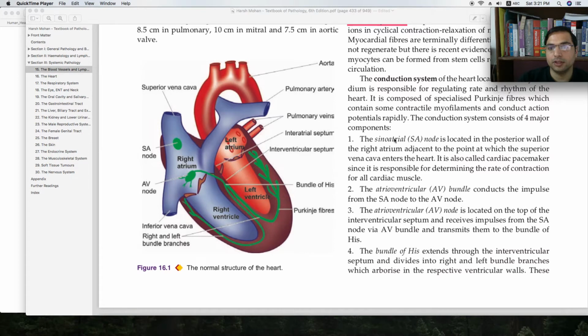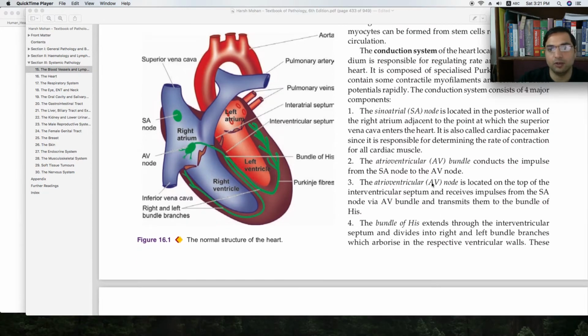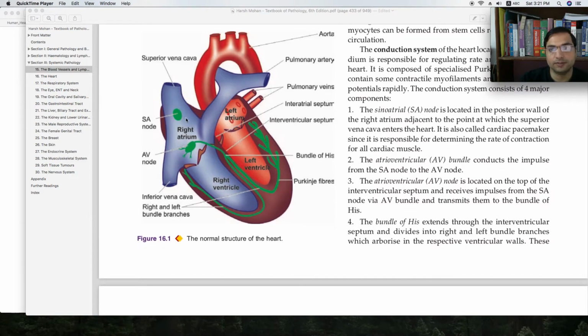So the SA node is located at the posterior wall, right, not at the anterior wall. It is located posteriorly, towards the posterior chest. So it is located at the posterior wall, at the point where the superior vena cava enters the heart. Where the superior vena cava enters the heart, it is located here. So this is the SA node, and then this SA node, through three branches, connects to the AV node,